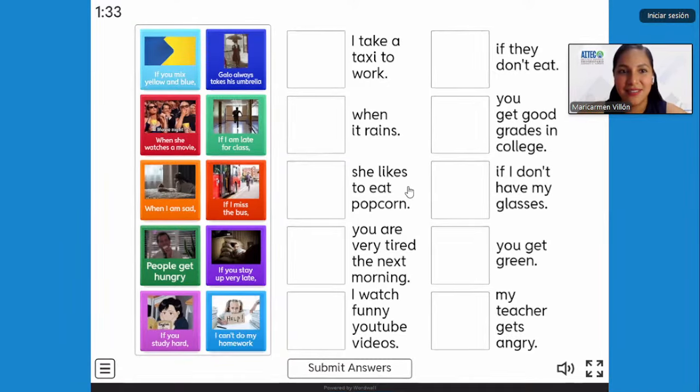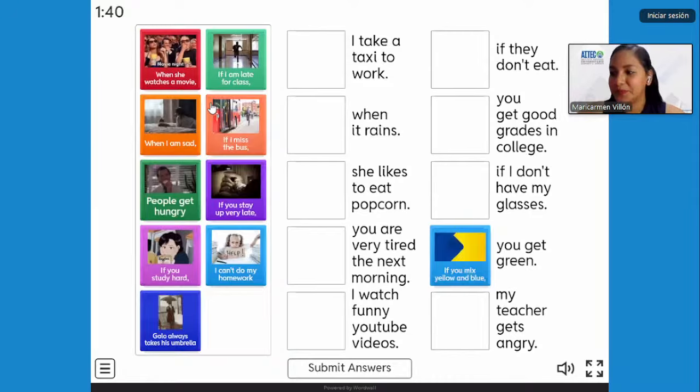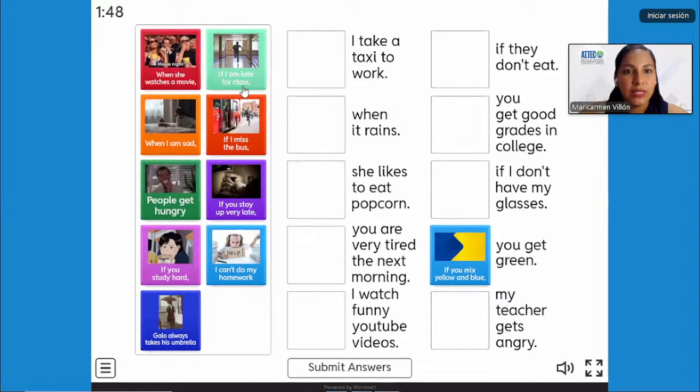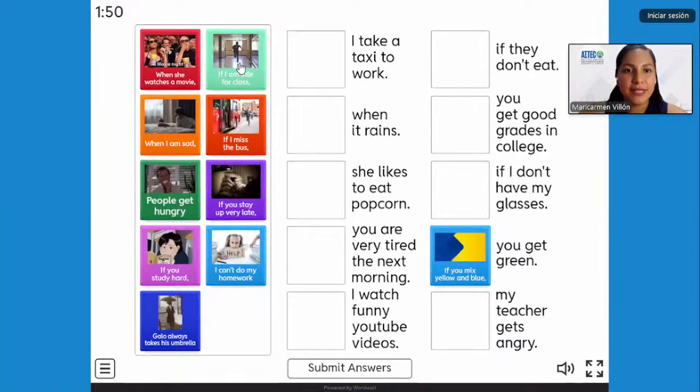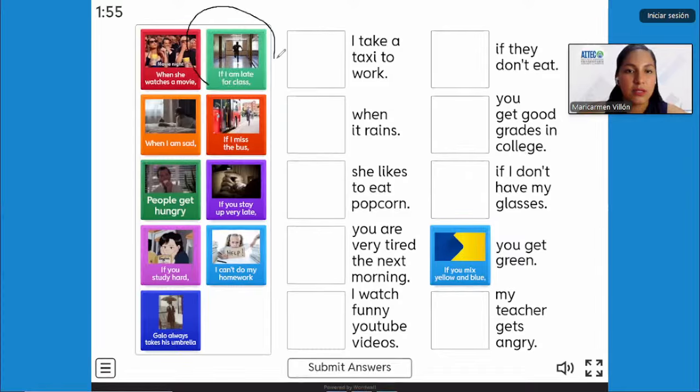Excellent, you get green. If you mix yellow and blue, you get green. Okay, very good. Great. Listen to another. Let's do this one. If I am late for class, fíjense esta quiero que hagamos. Si yo estoy tarde para la clase. Tenemos algunos ejemplos acá de opciones que podría ser. If I am late for class,